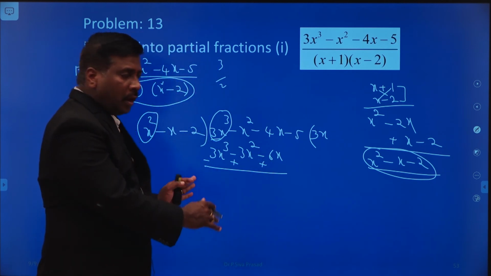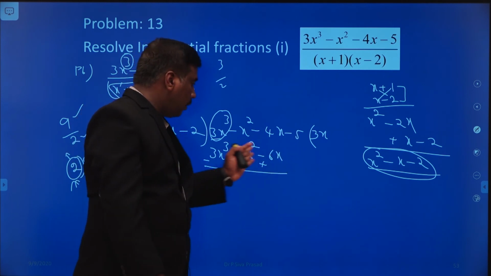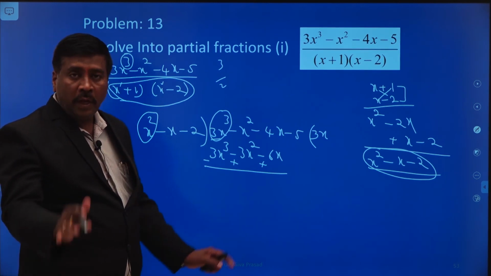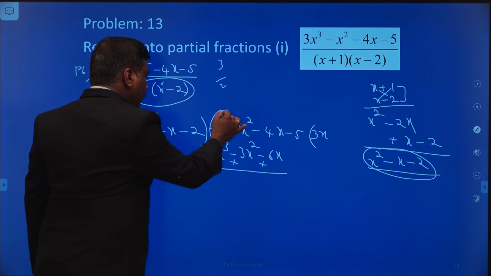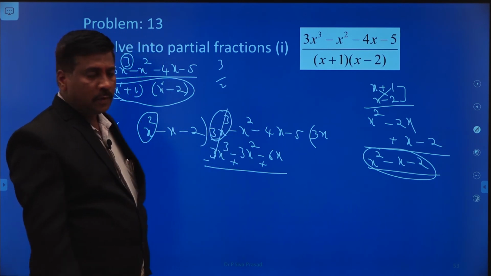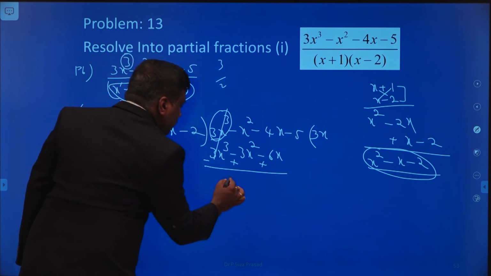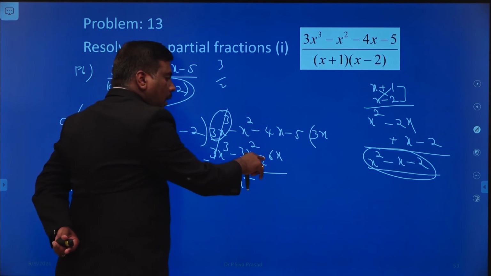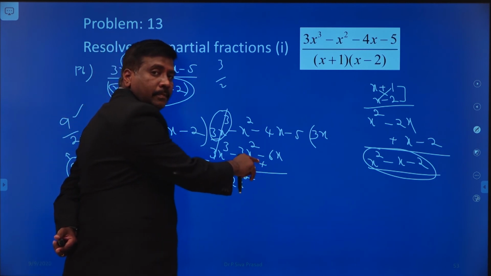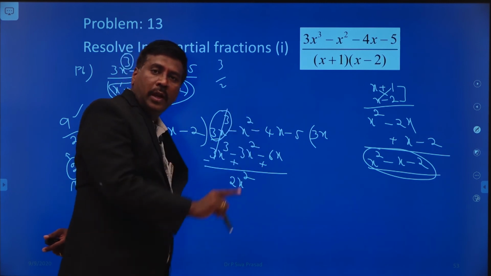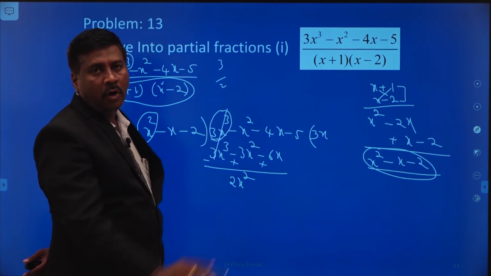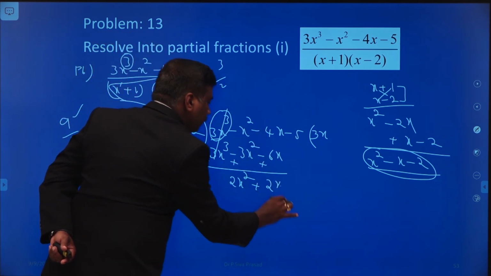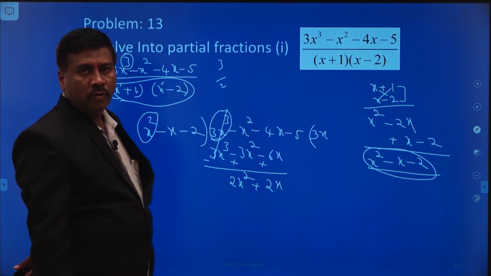That means what we did here, the total function is assumed to be multiplied with minus 1. You have to feel like that before cancelling these two terms. Then automatically you will get 3x cube minus 3x cube is cancelled. Next, 3x square minus x square, that is plus 2x square. Next, we have to take the symbol of this 6 as plus. Please all of you keep in your mind. Don't take the minus. If you take minus, then automatically the problem will be wrong. So 6x minus 4x, that is plus 2x. All of you catch my point?